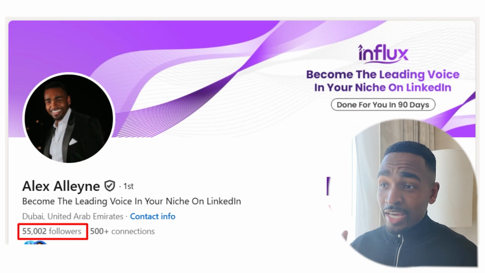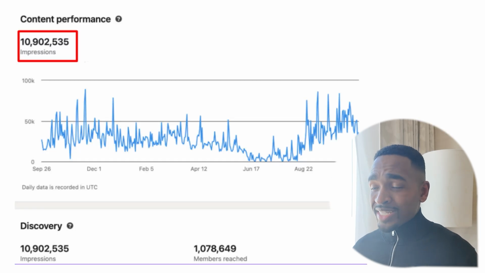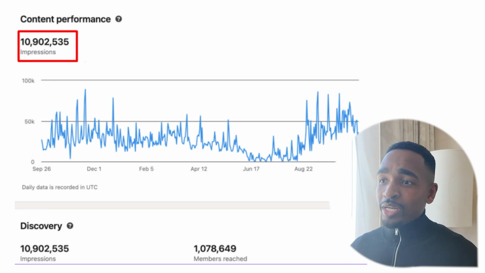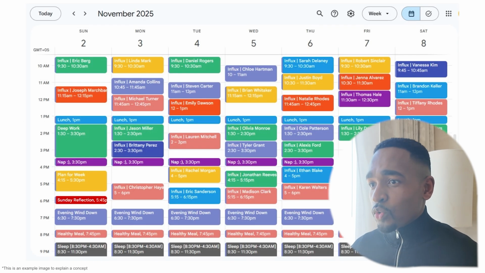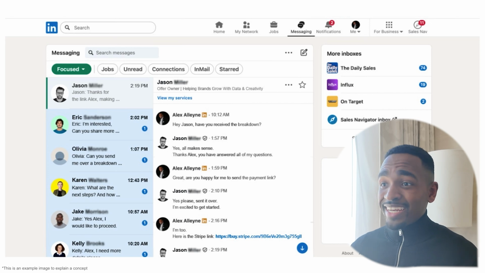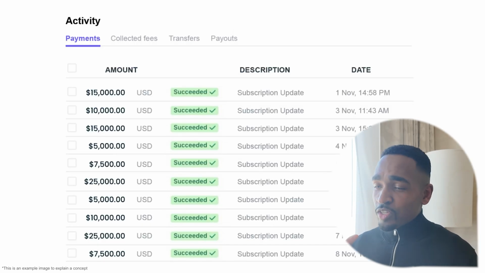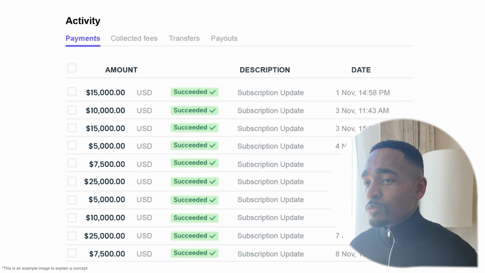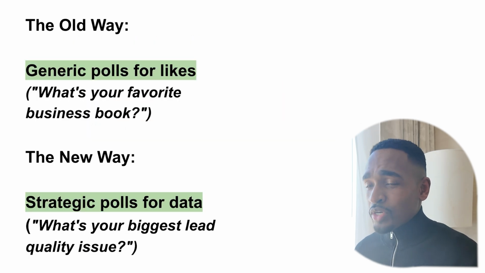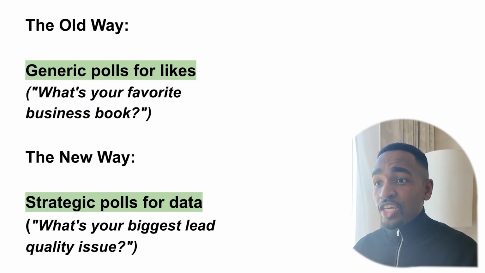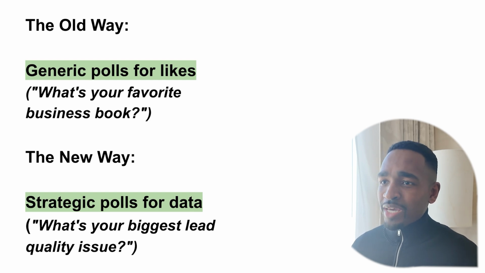And as you can see here, it led me to over 55,000 followers, 10 million impressions on the platform. And I'm sure you want a calendar that looks full like this with high quality prospects sending you inbound direct messages with Stripe payments that look like these types of ones that you see on screen. So if all of that's attractive, then stay tuned here,